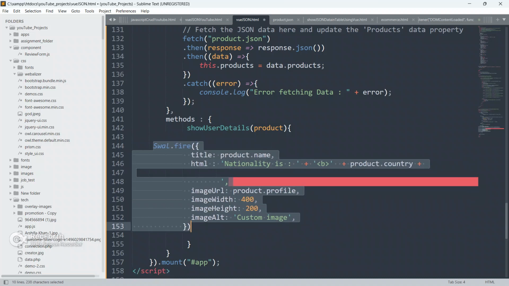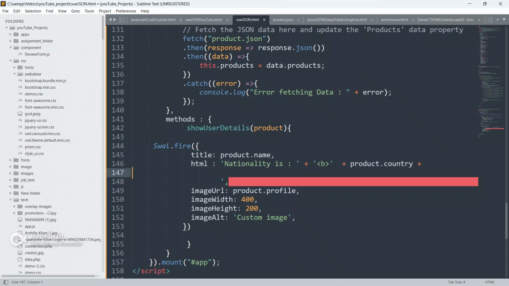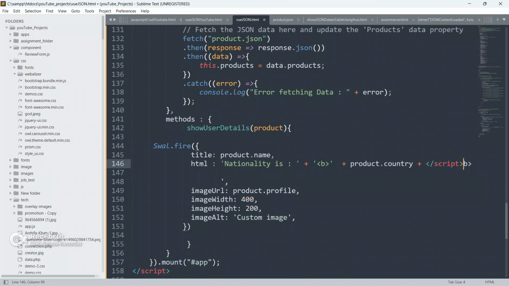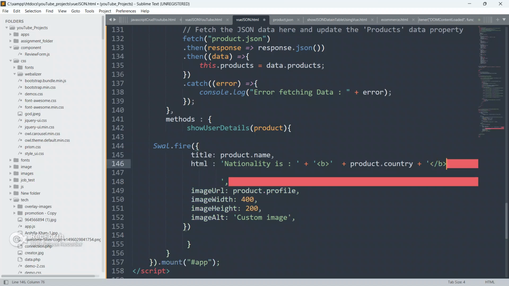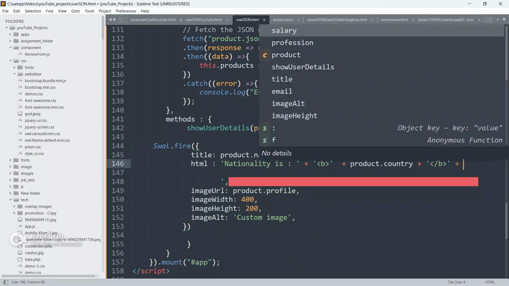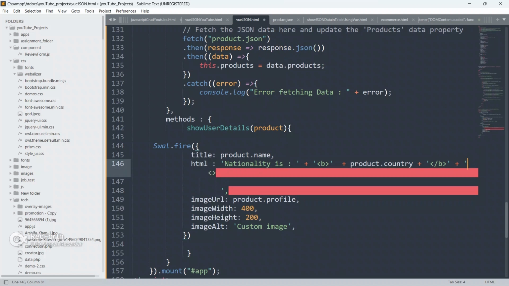Let me just give some extra space. Now plus, close this B first, so close this B, put a single inverted comma, plus, concatenate again, and put BR for line break.